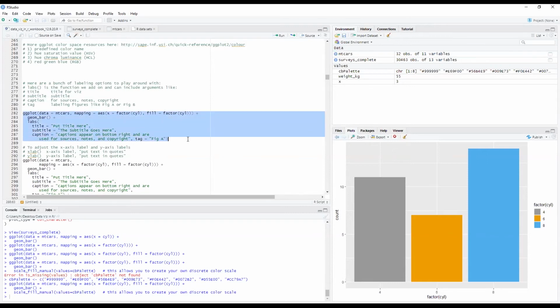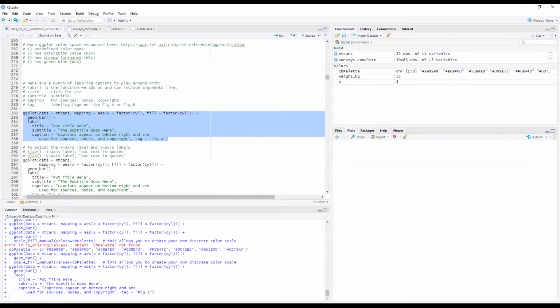Here is an example where I'm adding everything up. I'm slowly building up this bar chart. I'm adding labels, and I'm adding several arguments within this label to specify title, subtitle, caption. You can see how it's formatted: title equals, and in quotation whatever you want, and then spaced out by the commas. So I'm going to run this piece of code.